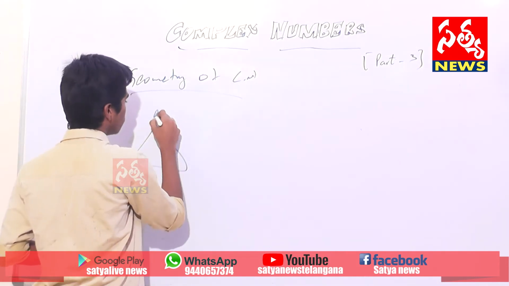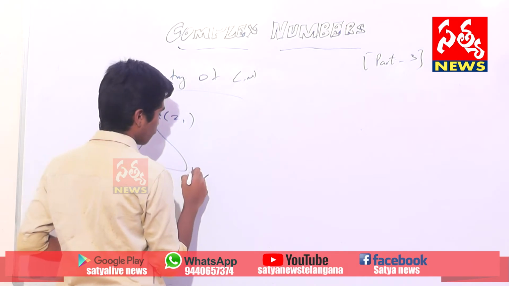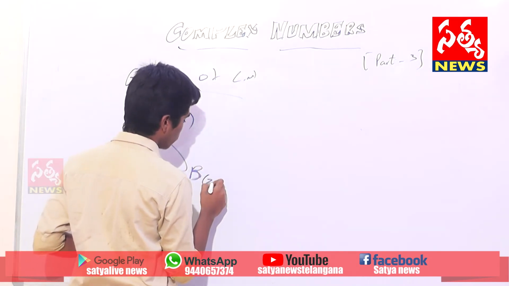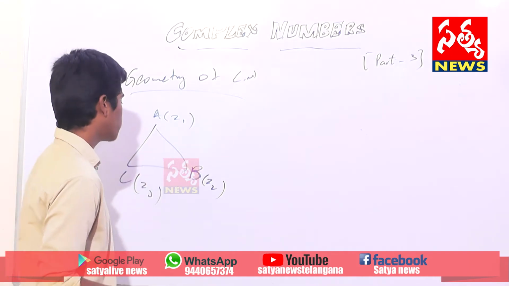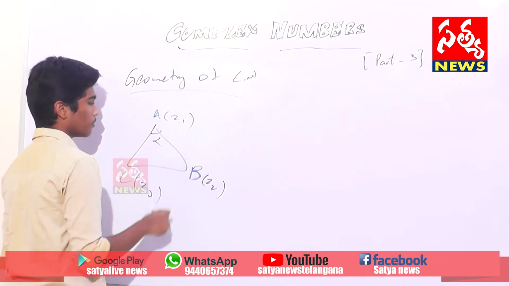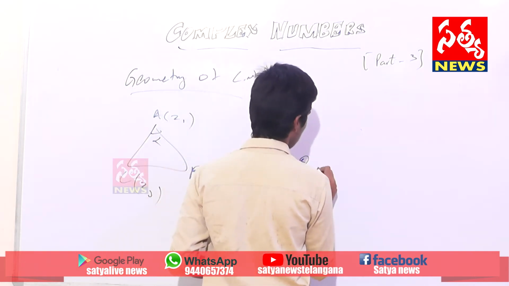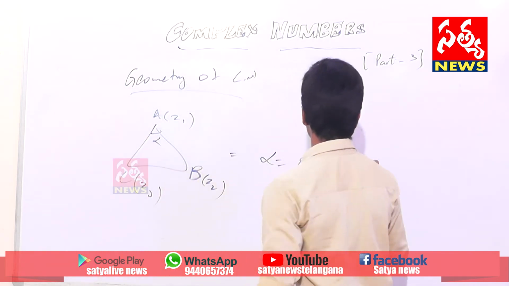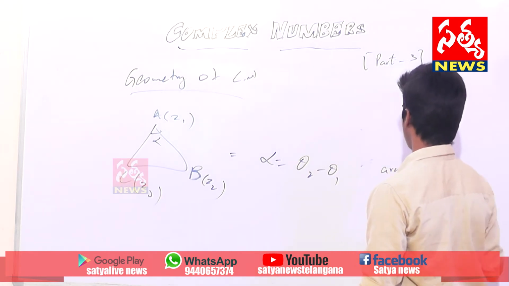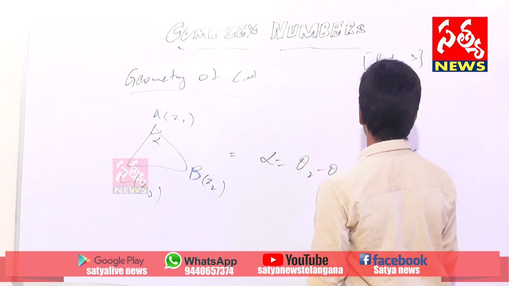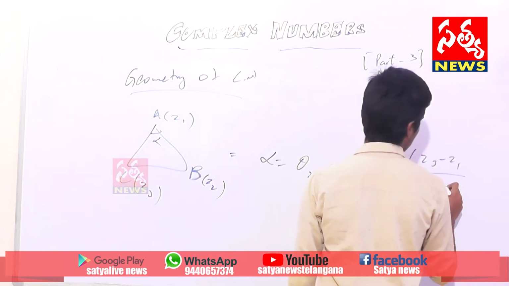Let us assume this is a triangle ABC where A has the coordinate z1, B is z2 and C is z3. z1, z2, z3 are complex numbers. Now alpha is equal to theta 2 minus theta 1, where alpha is equal to argument of (z3 minus z1) by (z2 minus z1),